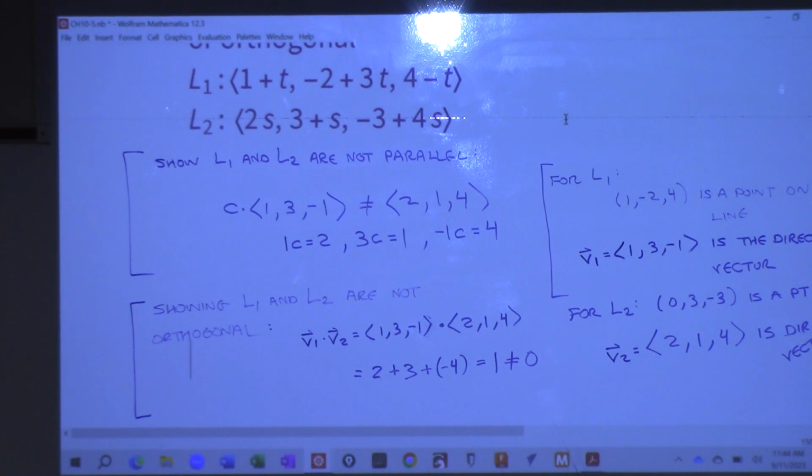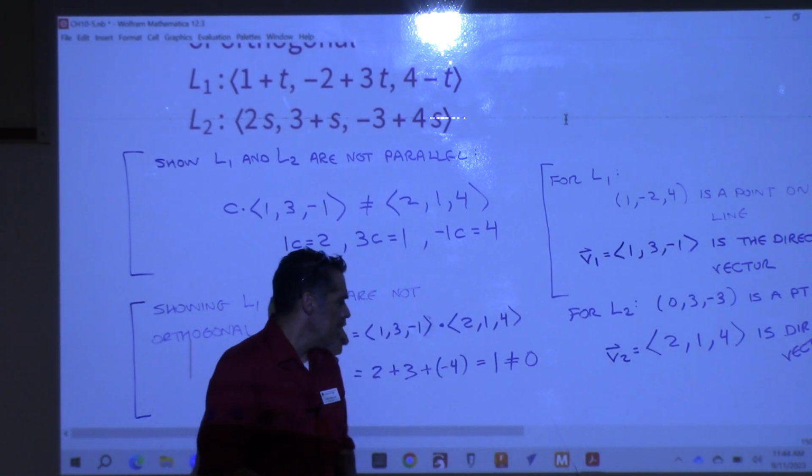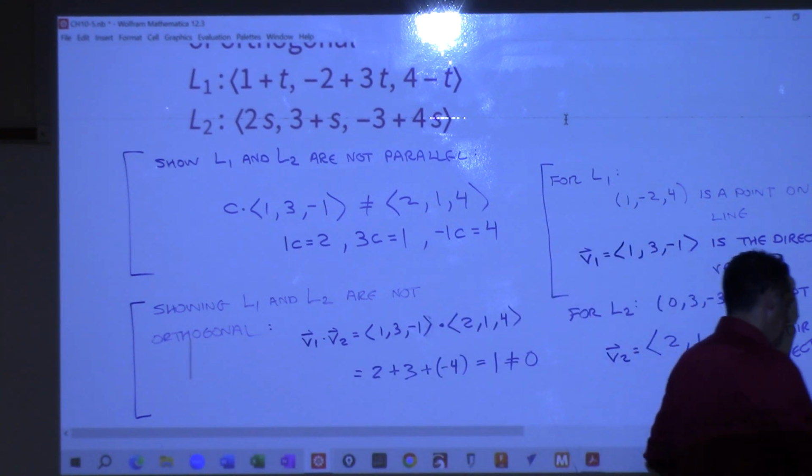Showing they don't intersect is the hard one. So how do you show that they don't intersect? Well, what if they did? Maybe you think about it that way. If they did intersect, right? If they did